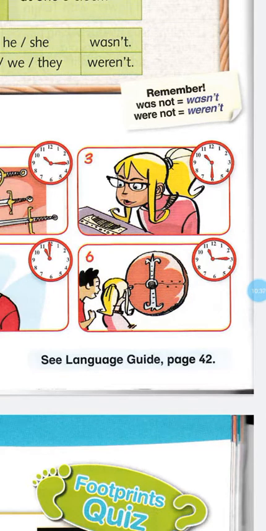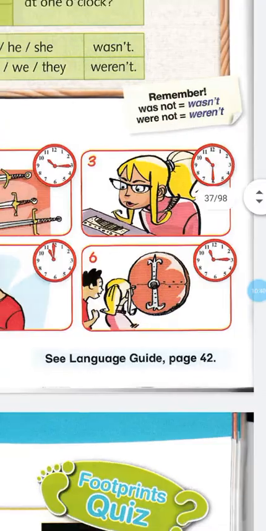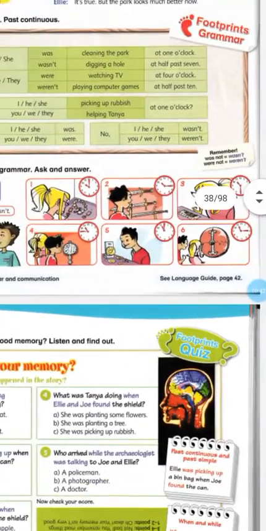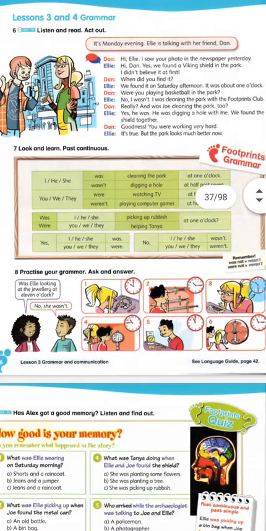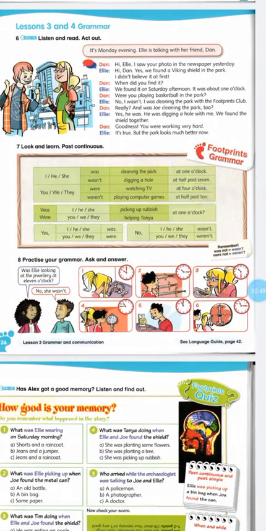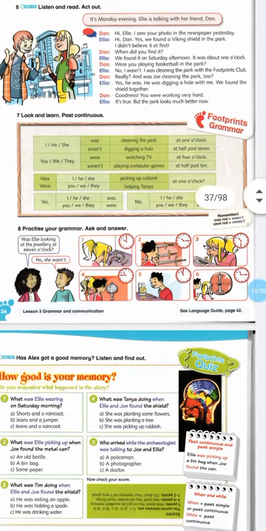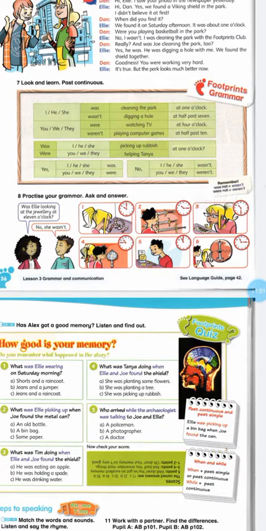Super, great work, everyone. So, let's review again what we learned today. We're learning about the past continuous: the past continuous affirmative verb form, the past continuous negative verb form, the past continuous questions and their answers, and past continuous WH questions. Let's remember what is the affirmative verb form of past continuous.